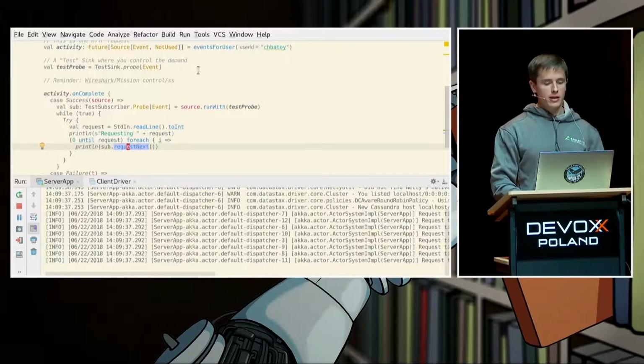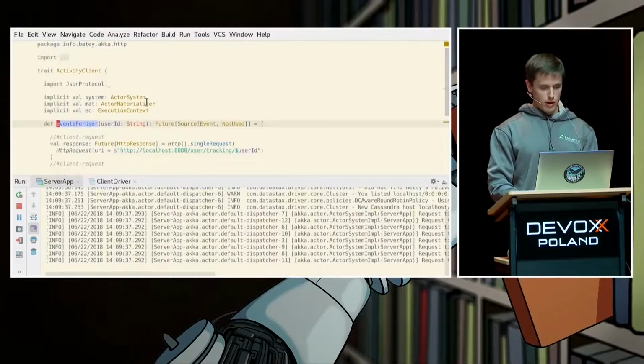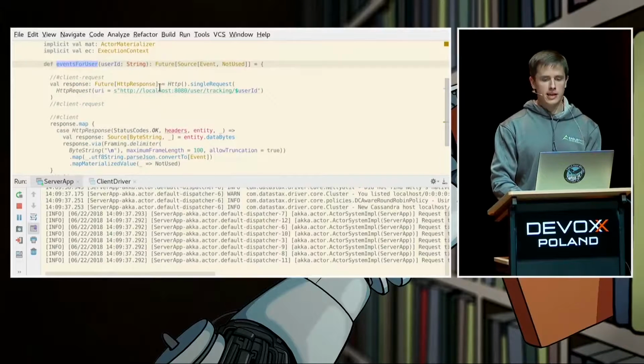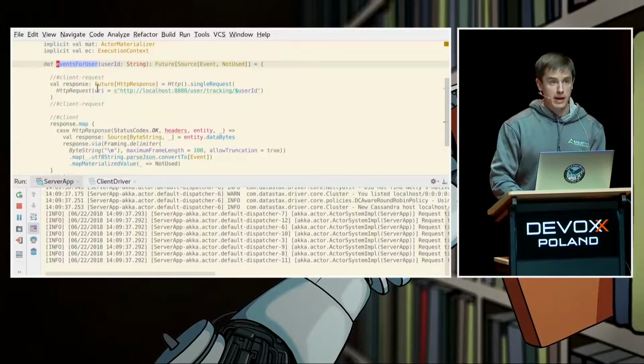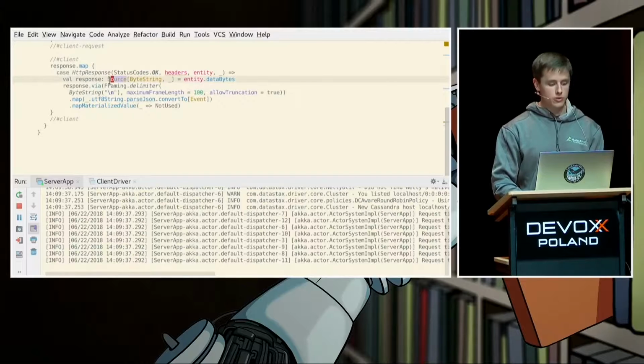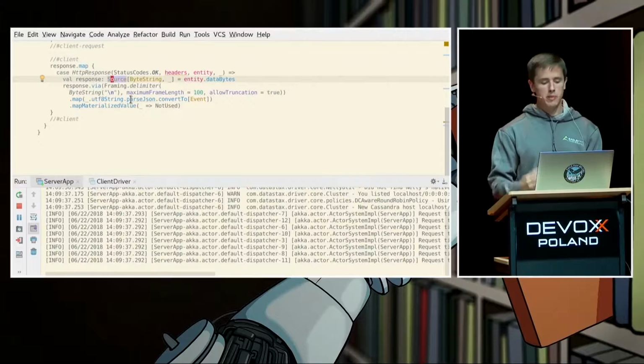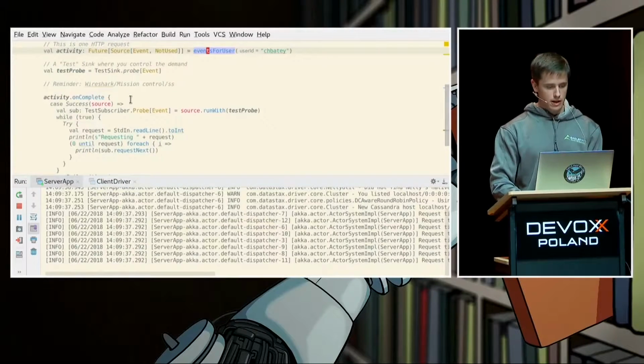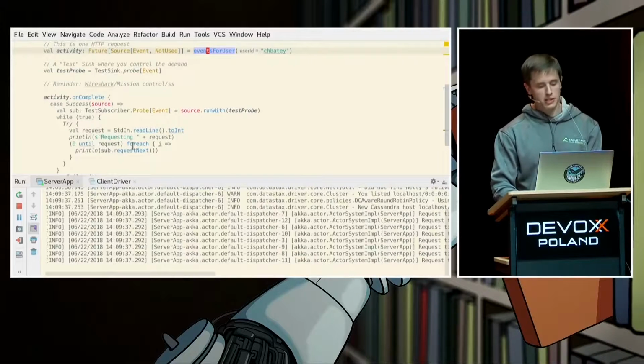But what I've got here is an application. It makes the HTTP request out. We get back the future of HTTP response. And then from that, we get a source. So the actual response is in a source. We then do some JSON parsing, and we parse it line by line, and then we return that. And inside the client driver, all I do is read a line from standard input, which says, how many would you like to request? And then I have a for loop, which just requests that many.